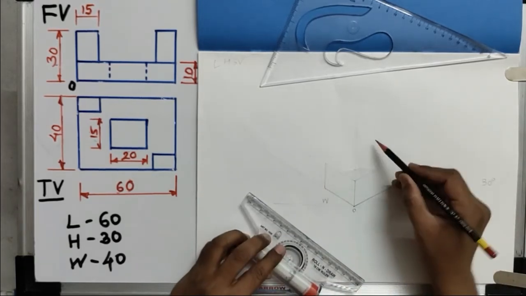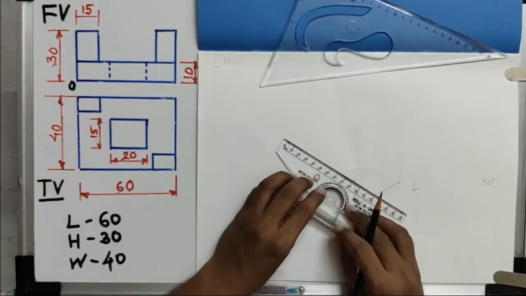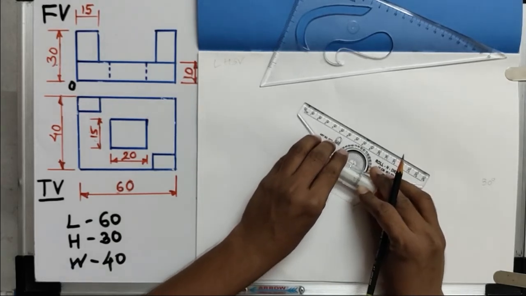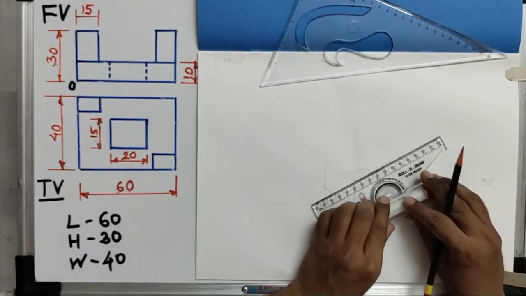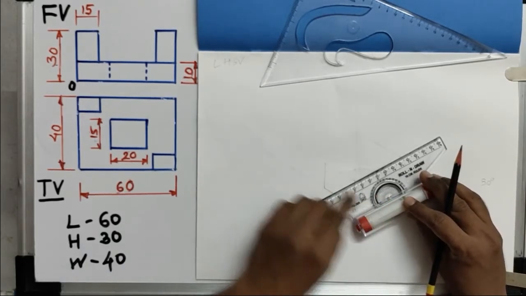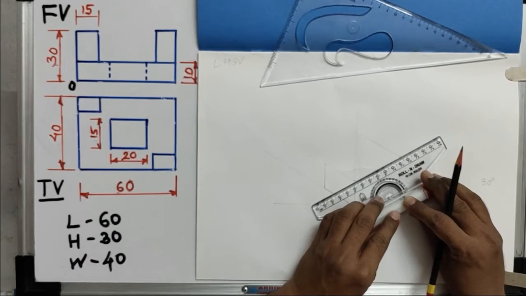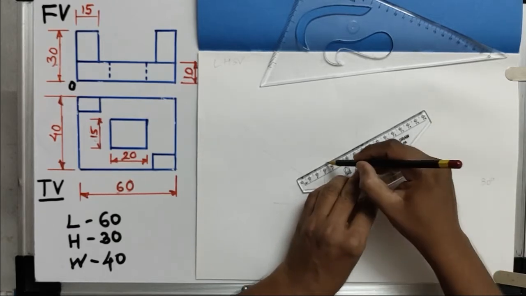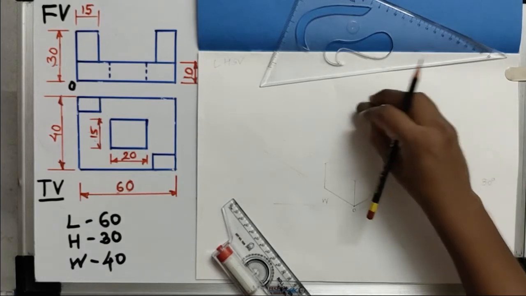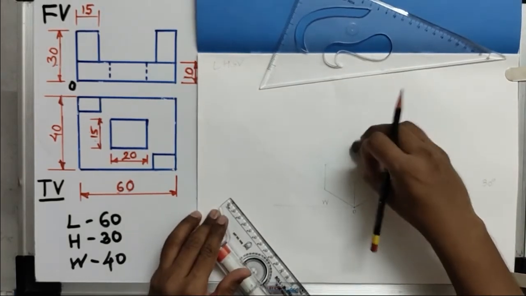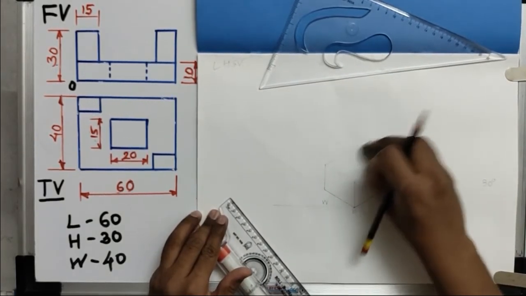Then we have to create the upper side surface also, so I will draw a parallel line to this left side inclination line from this end point, and a parallel line to this from this end point. With the help of a roller scale I am drawing here, but if possible try to make use of the drafter. It will create an accurate diagram. Okay, now this is the overall box. So first of all I will rub the extra lines so that it will be somewhat easy for all of you to understand.